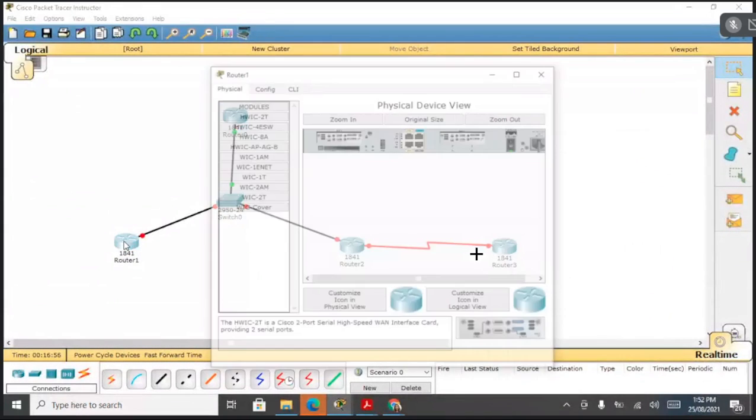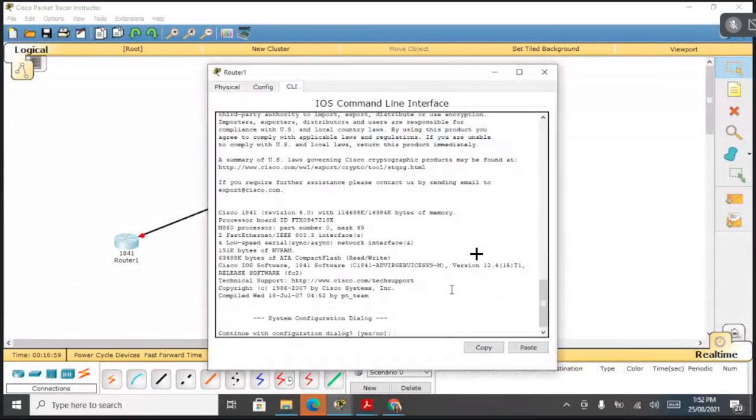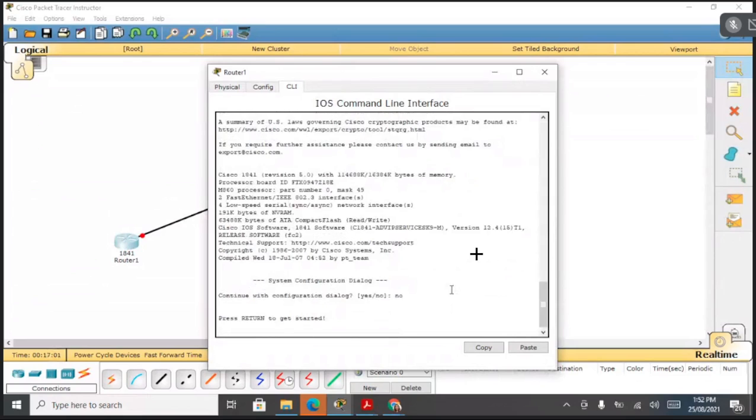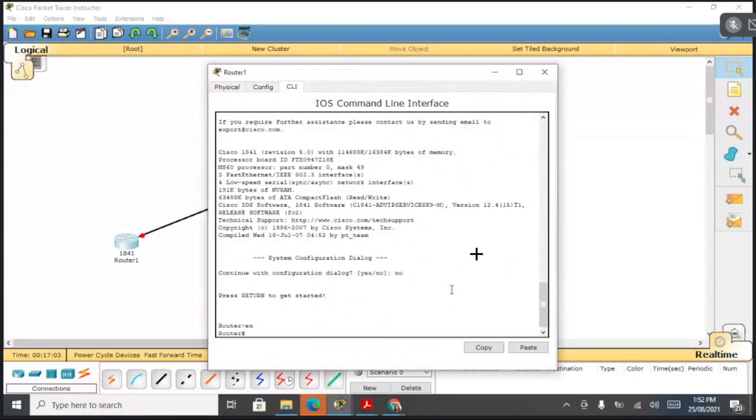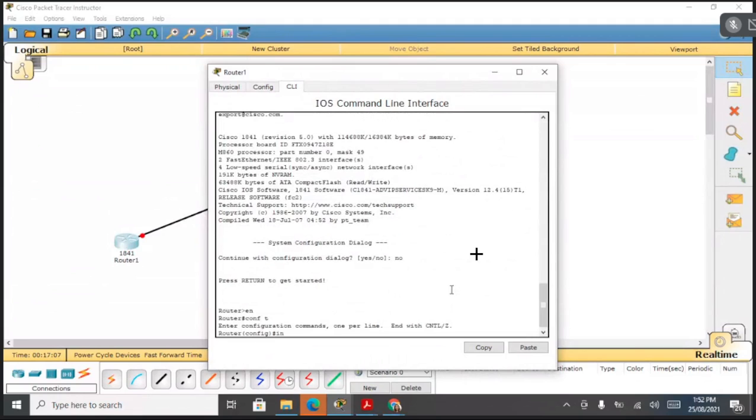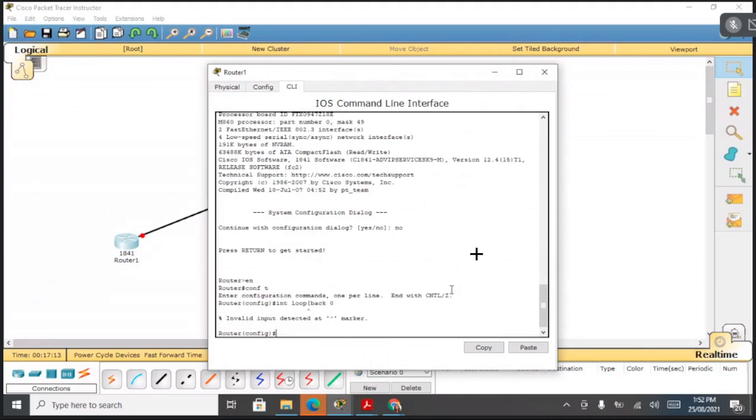You can click on the router 1, go to the CLI mode, no, en, and config mode, and interface loopback 0. Sorry, one mistake. Loopback 0.